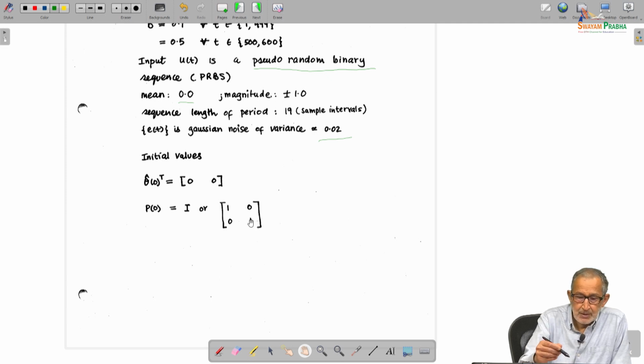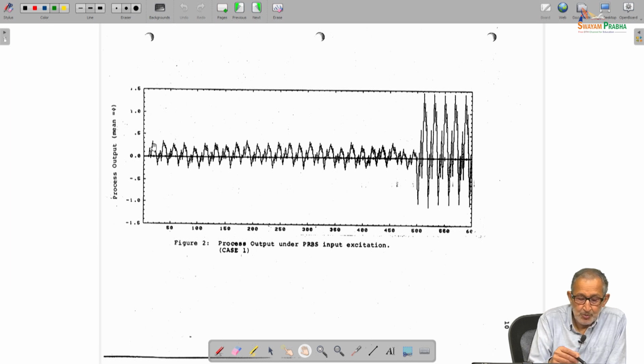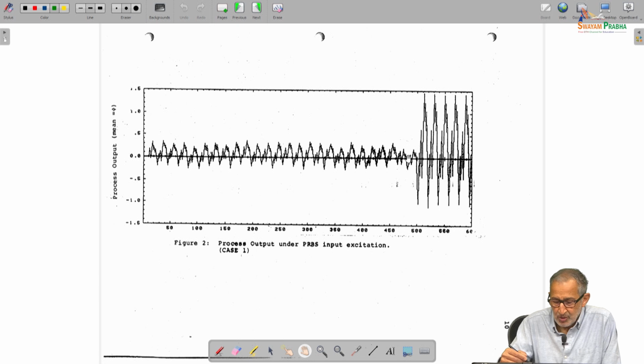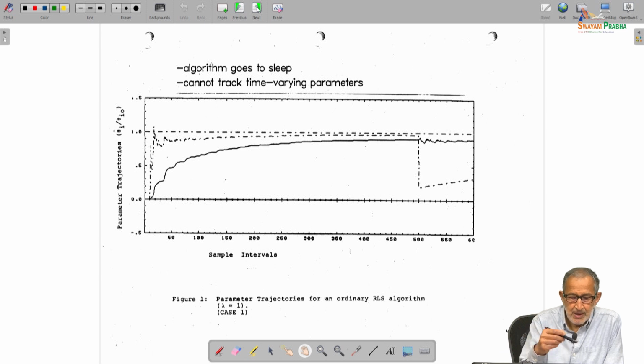Okay. Let's go to the application. So here is our process output. The process output y in the simulation is just this time series, and notice when the value of b changes from 0.1 to 0.5, the gain increases by a factor of 5, and the output also gets multiplied by that number, so it becomes significantly larger. So this is the output, and